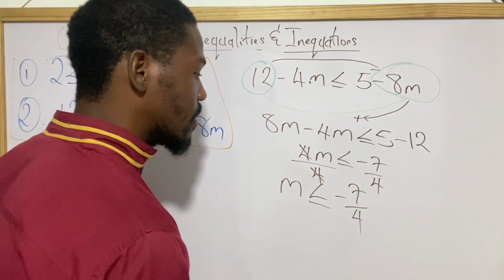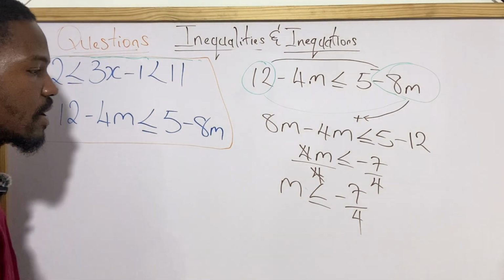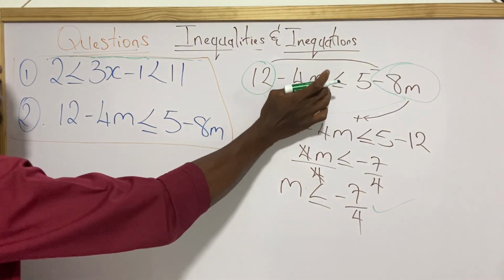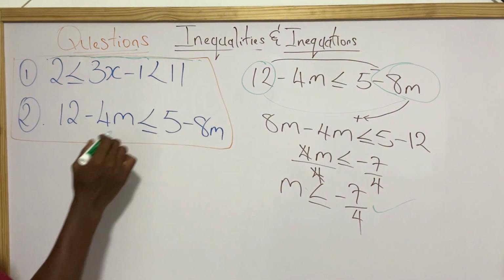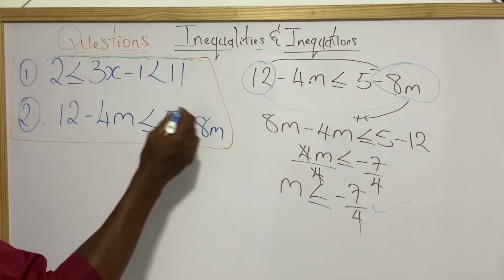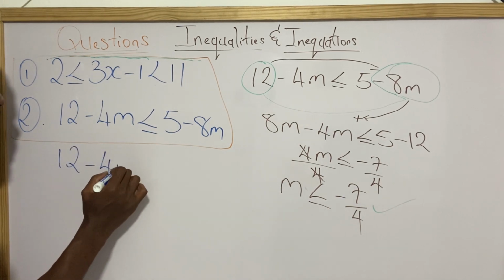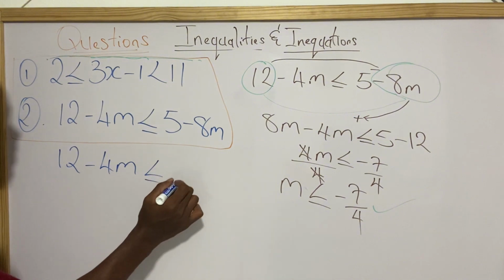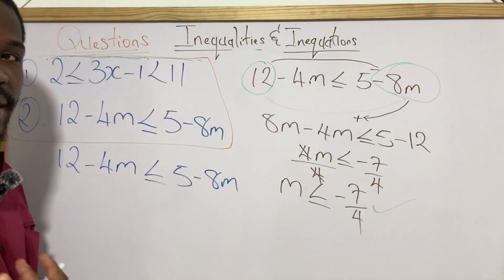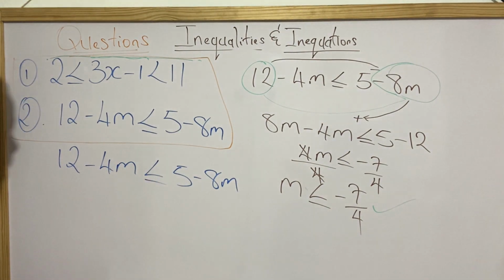All right, so look at that. Now, this is correct, but what if you wanted to bring over the negative 4m instead? And just use another marker. So let us look at this now. 12 minus 4m is less than or equal to 5 minus 8m. Now, if we are taking the other approach of removing this negative 4m and swapping it with this 5 right here,